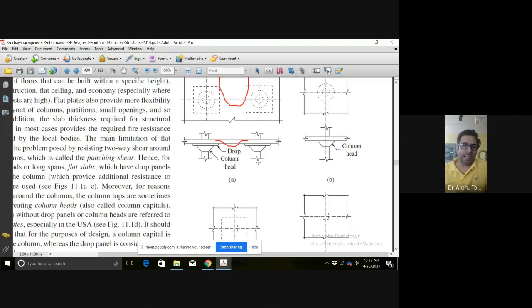And the second reason is that, as you can see, the shear is dominant here. So the flat slab should not fail in punching shear. It should not fail in single or double punching shear. And that we are going to check here in the design also. So these are basically the two main reasons, or you can say the two main differences in the design of the RCC frame structure and the flat slab. What is the first difference?